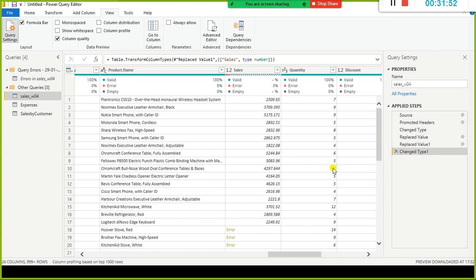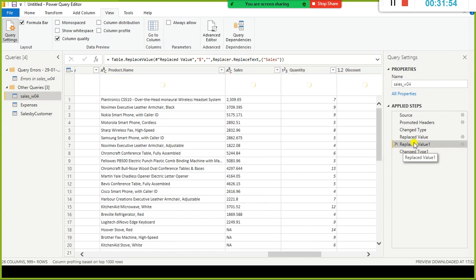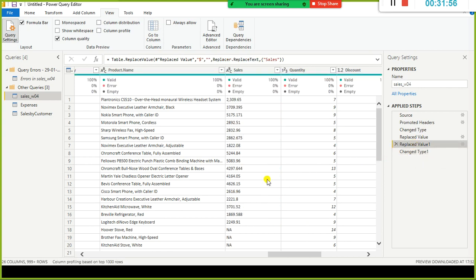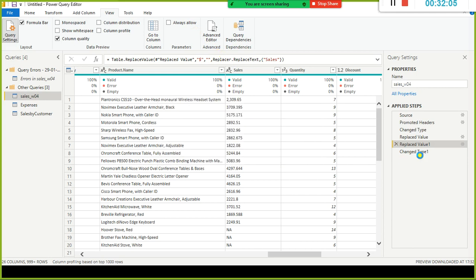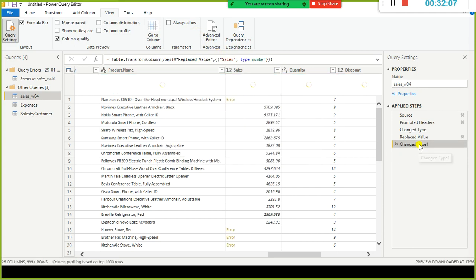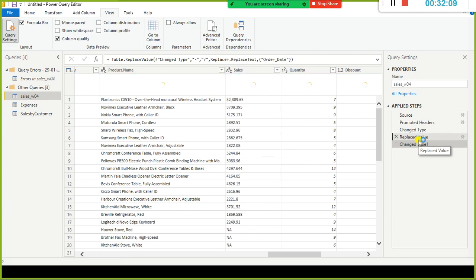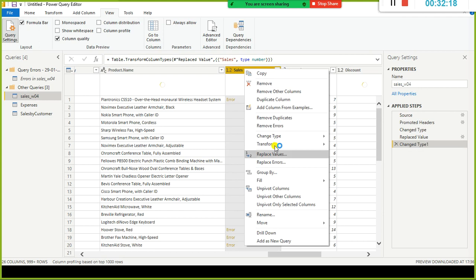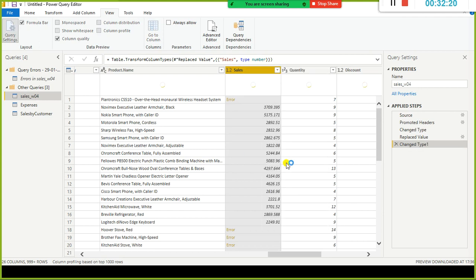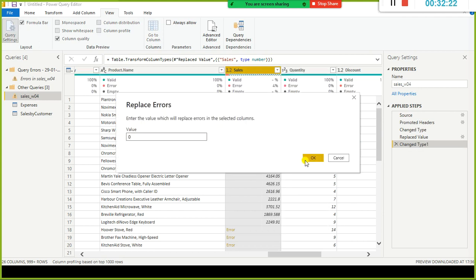Alright, so here, one second, replaced value 0. I replace it by, oh, still it is there. Replaced value 1 in here, right? So, okay, let me do one thing. Replace is not required here. Delete. Look here, we have NA. Replace errors by 0 here.